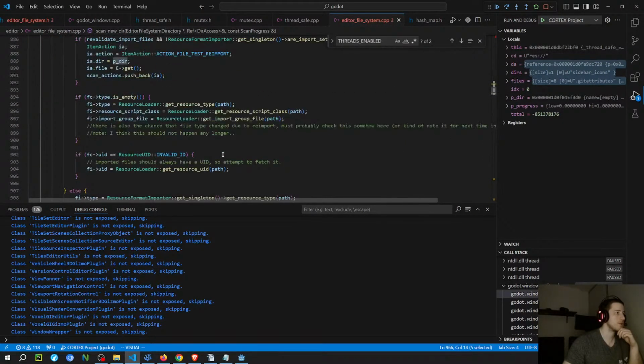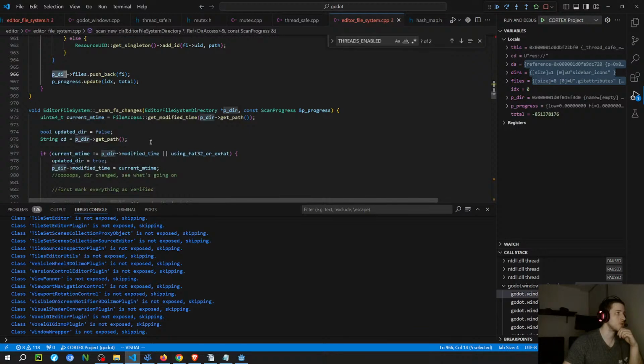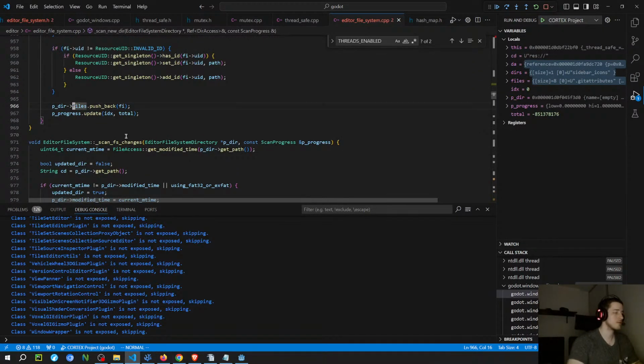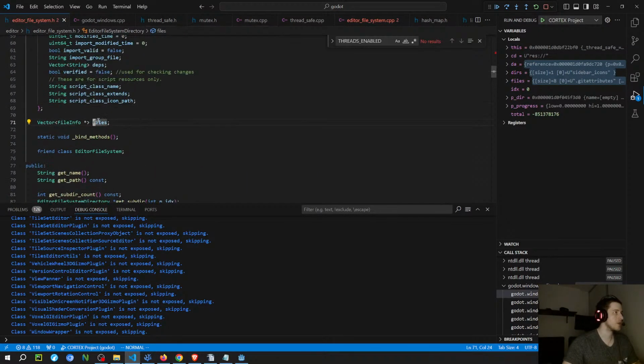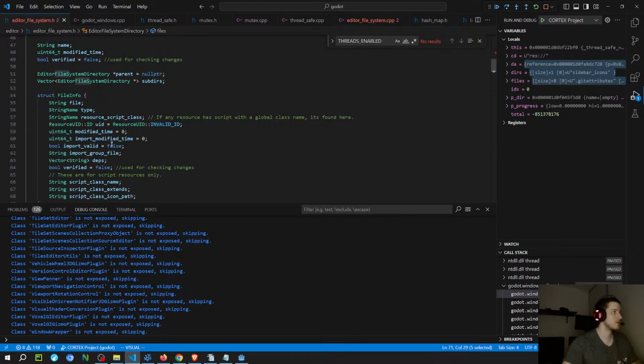I think it's gonna put the file on each level for each one. So it's gonna put all the files for the levels on this vector here, which is based on the other